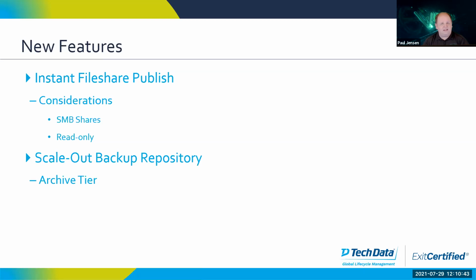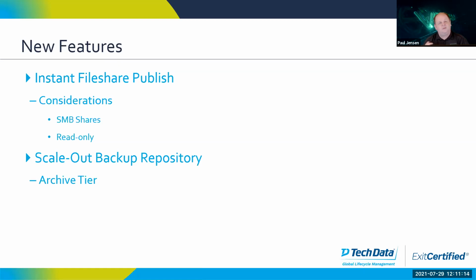In V10, they did both instant copy to capacity tier and move to capacity tier, where we can now offload or just copy our backups from what we call the performance tier, your on-site, out to an S3 compatible object storage layer, Azure, S3, Google, Amazon, obviously,